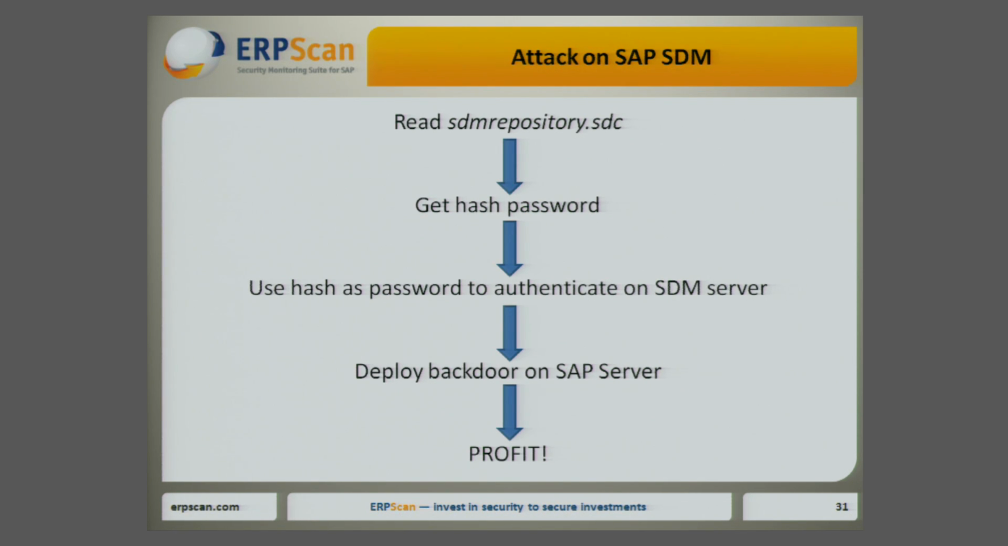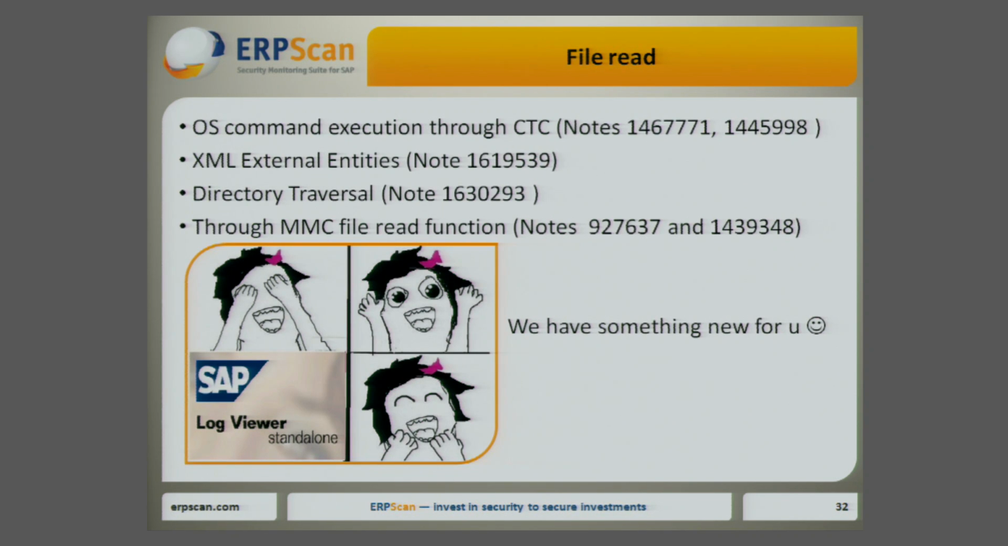Okay, now we know how we can attack SAP SDM. We just read the sdmrepository.sdc file, get the password hash, use the hash as the password to authenticate on the SDM server, deploy our backdoor on the SAP server, profit. Cool. How can we read the SDM config file? We can use OS command execution through the CTC vulnerability, XML external entities, directory traversal, file reading through MMC functions. All these attacks I described in my paper about hacking SAP portal, but